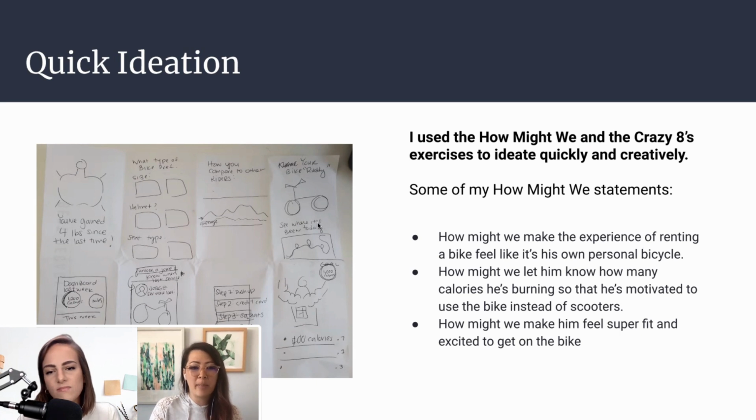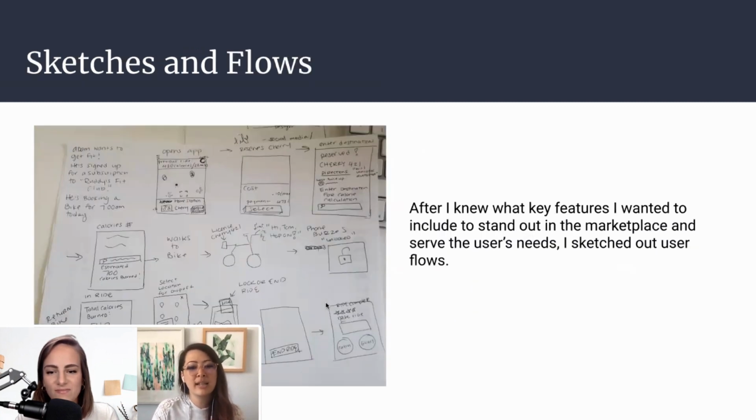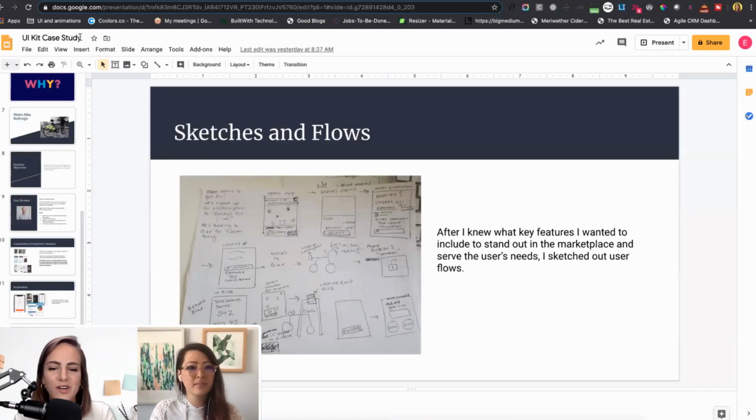So some of the takeaways that came out for me: I started to call the bike itself Rudy. That's going to be the new brand name instead of the old one. I love that. The bike talks to him every day, like, hey, you hit your goal this week. Great. These are the calories you burned, etc. So those are some of the ideas that came out of it. And then I did some sketches and understood the user flow. Every time I do a user flow, I want to understand the context of use. Where is he? What is his goal? So I understood that he is going to be at home, reserving his bike for 10 minutes from now, and he wants to just get on it and get on the road.